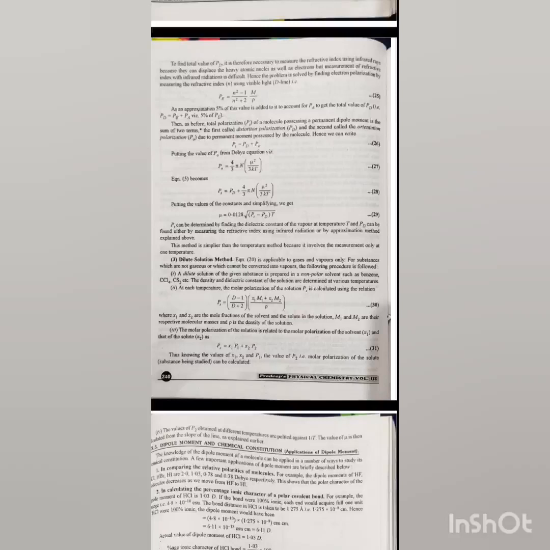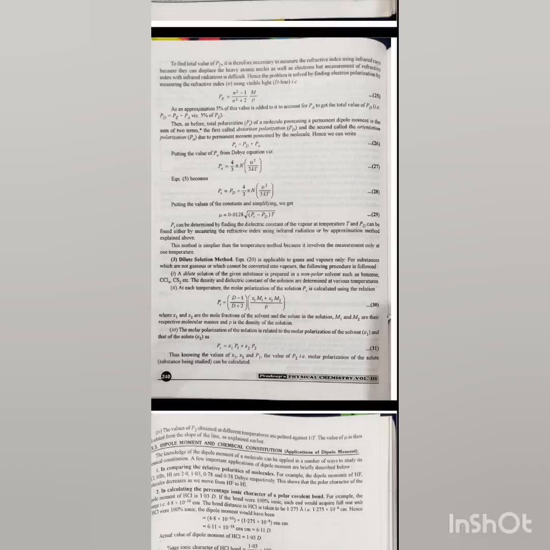Then, as before, total polarization Pt of a molecule possessing a permanent dipole moment is the sum of two terms, the first called distortion polarization Pd and the second called the orientation polarization Po, due to the permanent moment possessed by the molecules. Hence we can write Pt = Pd + Po, equation 26. Putting the value of